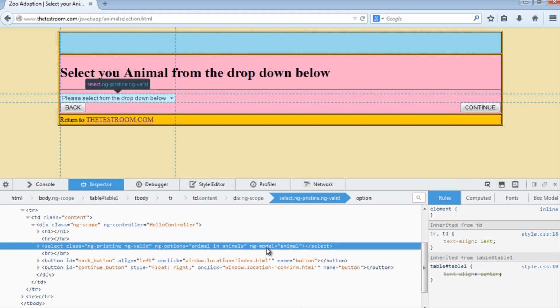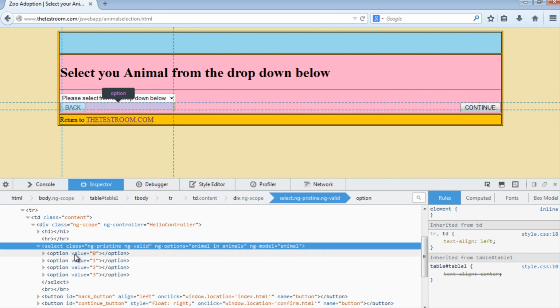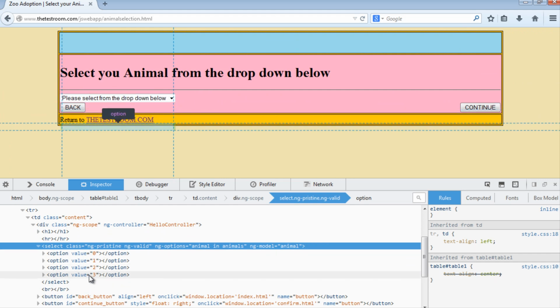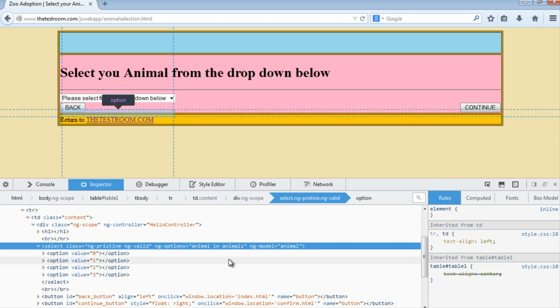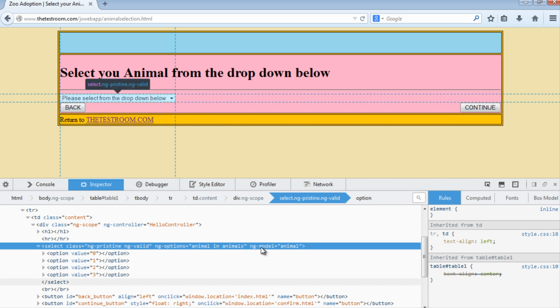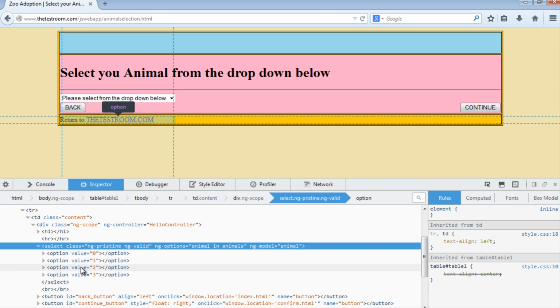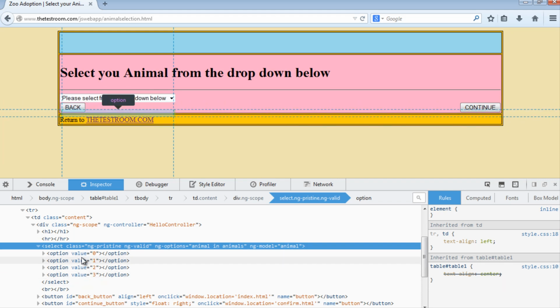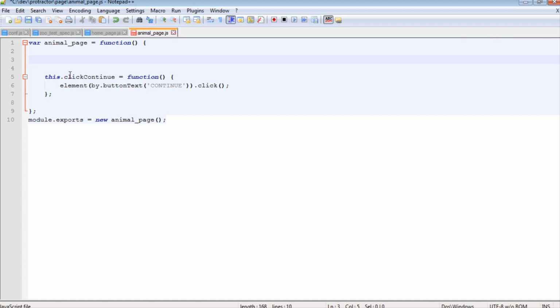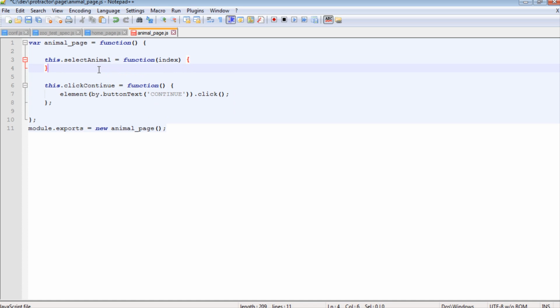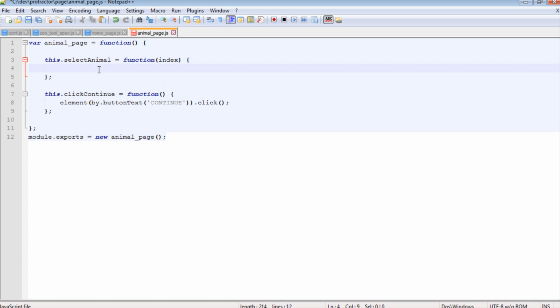So this has a model of animal, so we can use that. And if we expand that, this then has various tags, or rather HTML tags, which all have values. So one thing we can do is we can first get this drop down by using the model identifier, and then we can try and find something by this value attribute via a CSS identifier. So let's do that. So what we're going to do is say this select animal is equal to function, and we're going to pass it some index value, and what we're going to say is